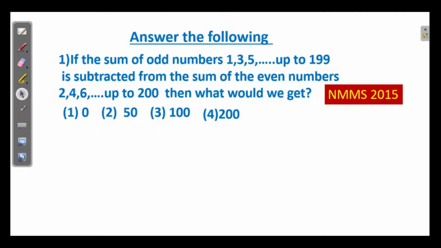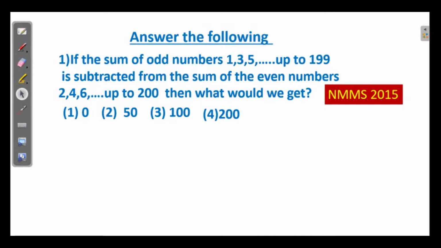Then, what is the average of these odd numbers? We have learned the number is the average itself. Let us see here. The first number 1, 1 plus 199 is equal to 200. The average of 1 and 199 is the average of all these numbers. So, it is 200 by 2, 100. So, the number and the average both are same in the case of odd numbers starting from 1 that we